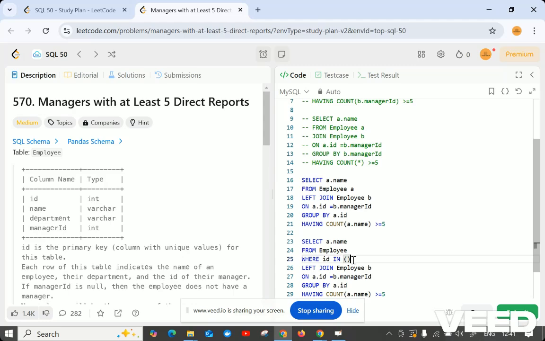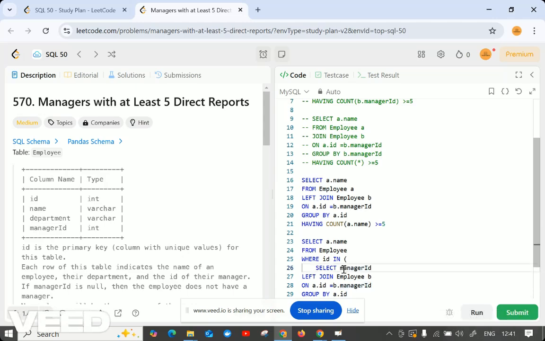So let me have another select here. What I have to select is manager ID, considering that as another table, only taking manager IDs from that table and making it another table likewise. So from the employee list I'm taking only managers, and I'm grouping those manager IDs.